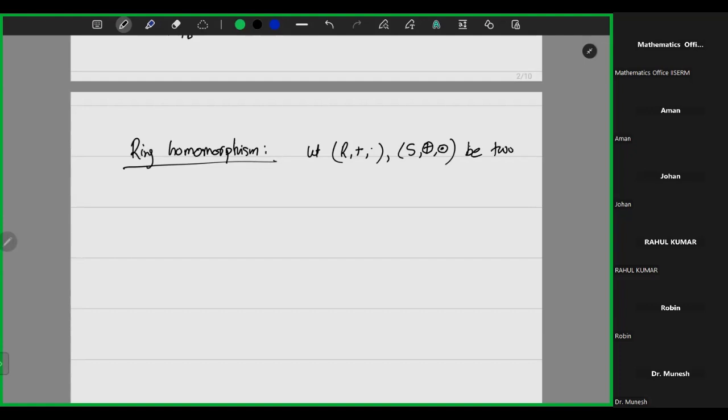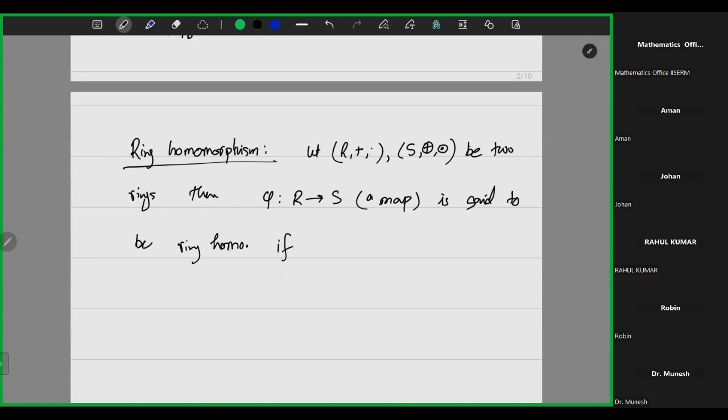Then phi from R to S is said to be a ring homomorphism